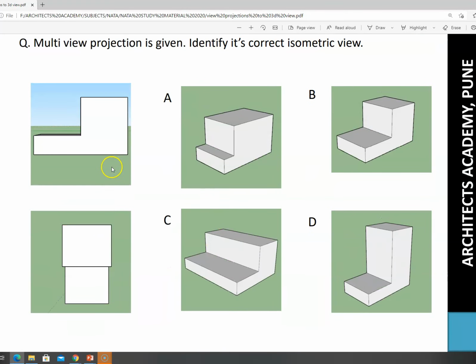Then this one we will see. Again it seems to be the same. One elevation is there and one plan is there. So this is also an easy one. Looking at the proportions in plan and looking at the elevational profile, you can easily figure out that this seems to be the elevational profile, and in top you will see it like this, 1 and 2. So these are the only two probable, or only one probable option which is there.